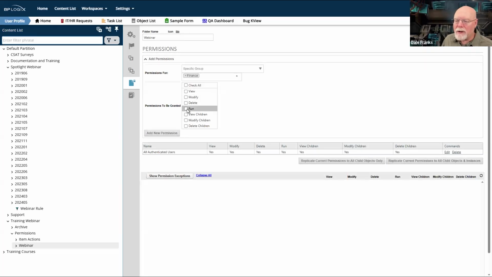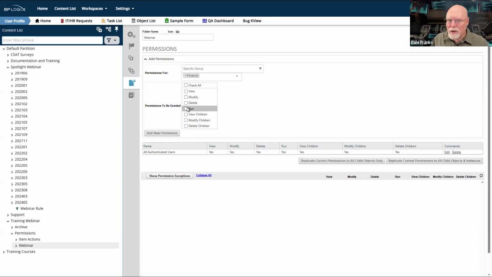Now, some permissions are kind of special, like the run permission. Now, this view, modify, and delete, and run, but run is special. We'll get to it in a second. View, modify, delete, and run are all permissions on content list objects, the definition objects, form definitions, process timeline definitions, knowledge view definitions.